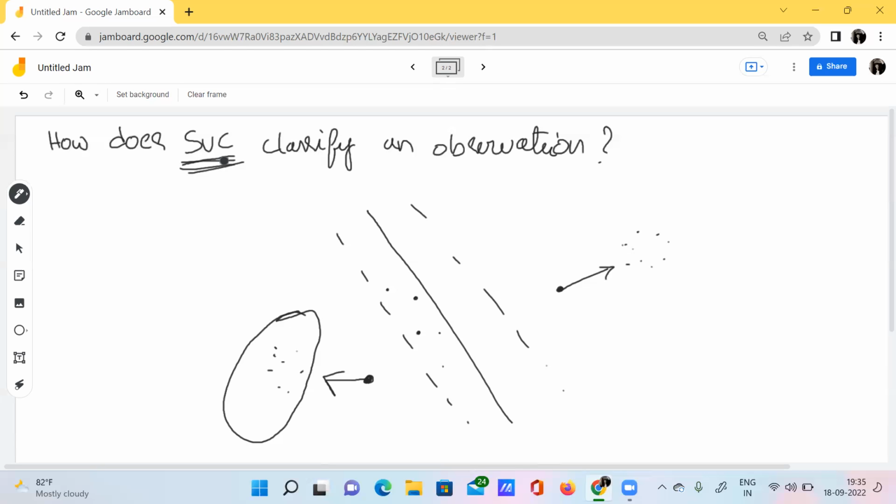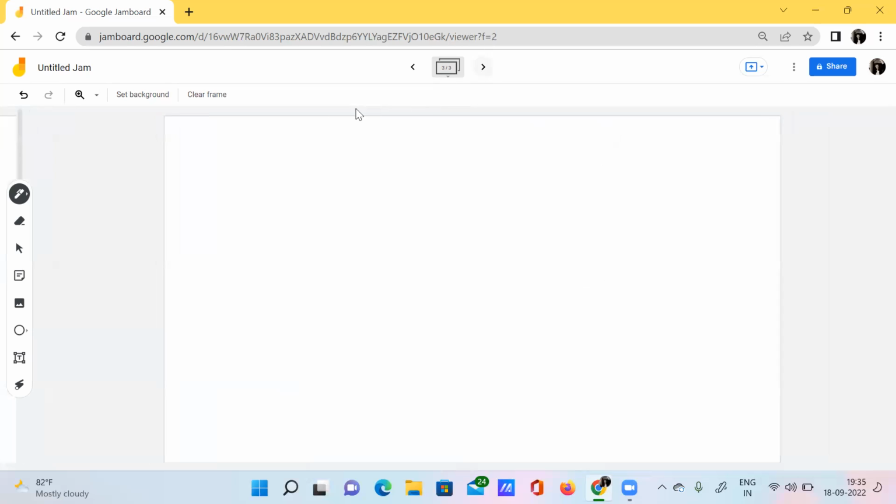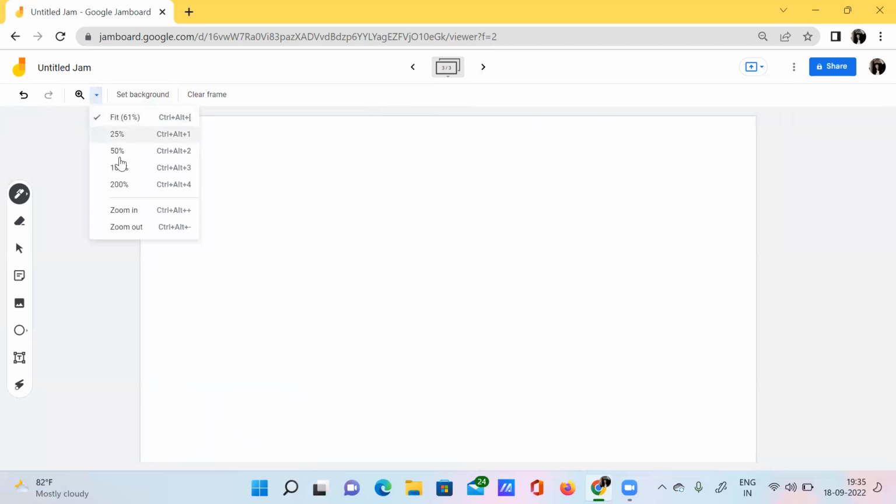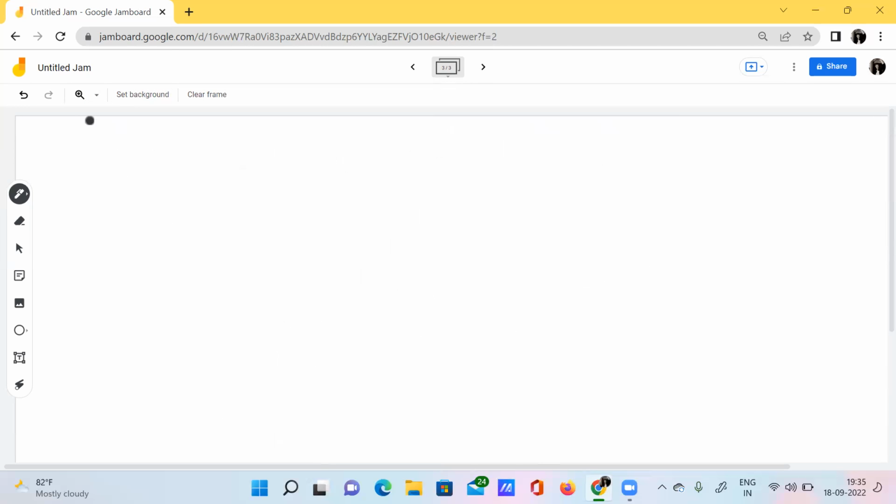So here this is very much similar to the maximal margin classifier. Why? Because the SVC is nothing but a generalized form of the maximal margin hyperplane, right? So earlier we have seen some kind of optimization problem, and this is the solution of that particular optimization problem. So what is that optimization problem?